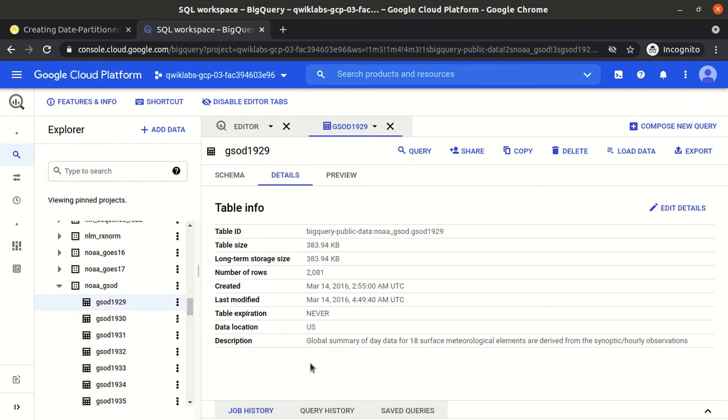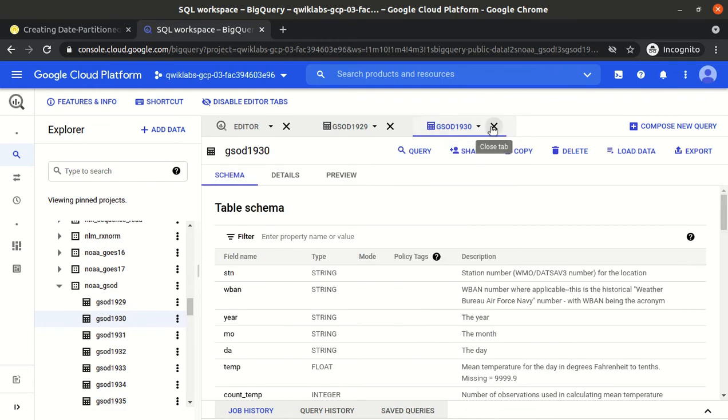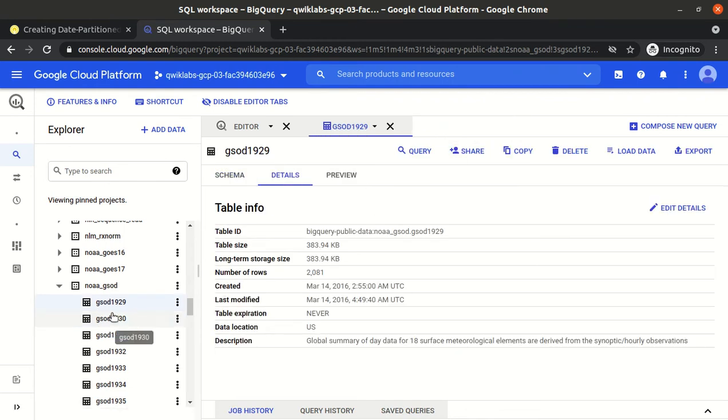We did not see any further information in the details tab, like whether this table is partitioned or on which column it is partitioned, right? So these are the non-partition tables, but we are storing the data in different tables. Like for 1929 we create one table, for 1930 we create one table.